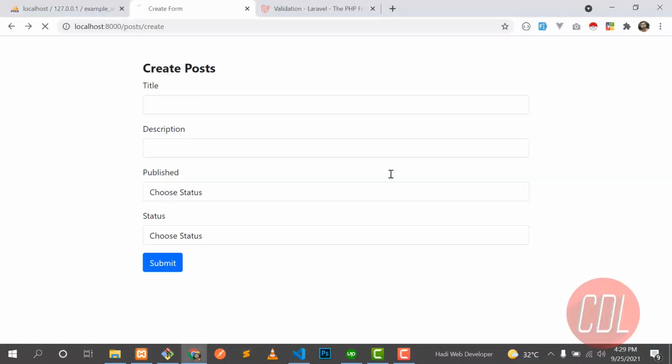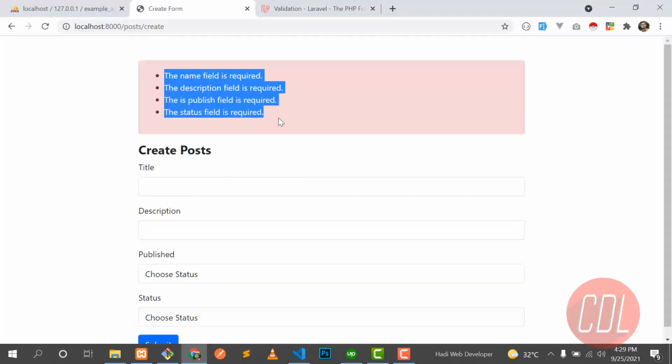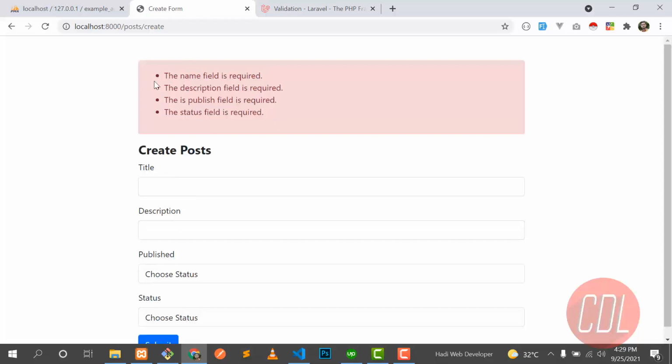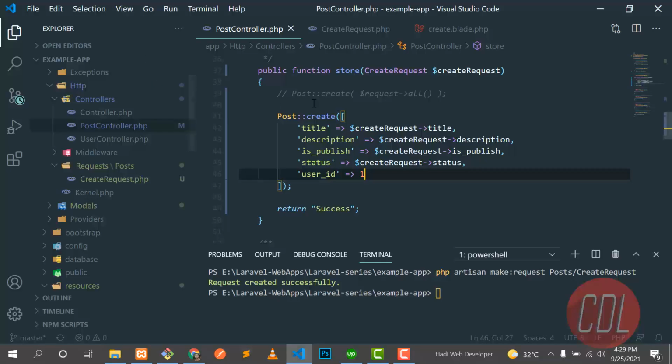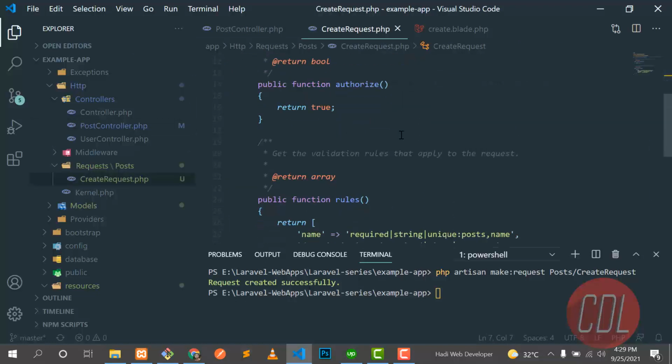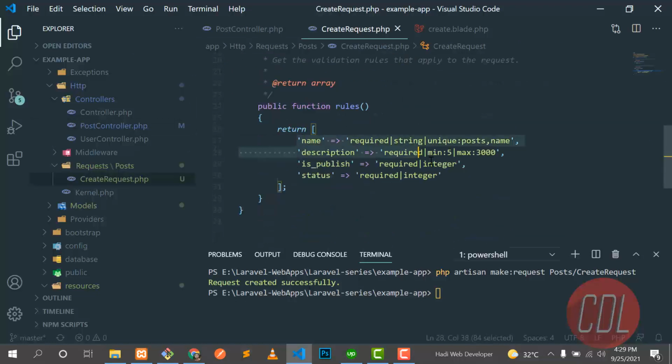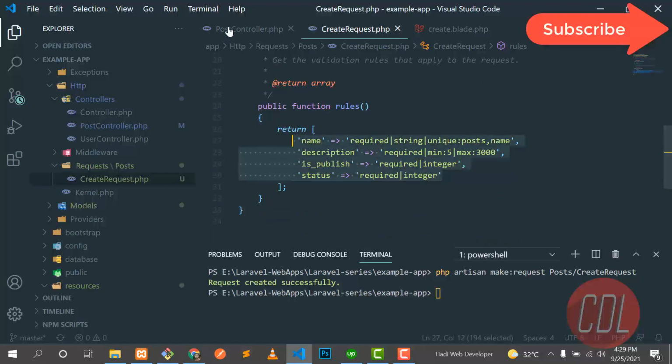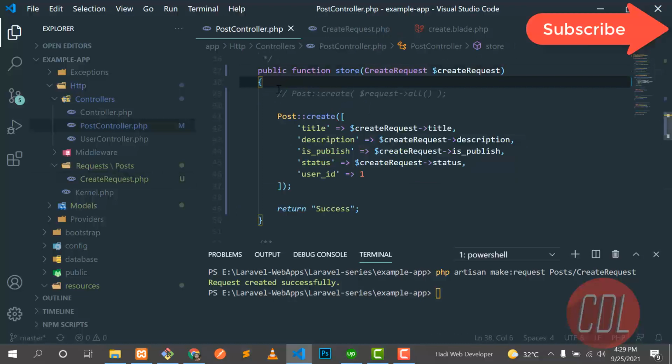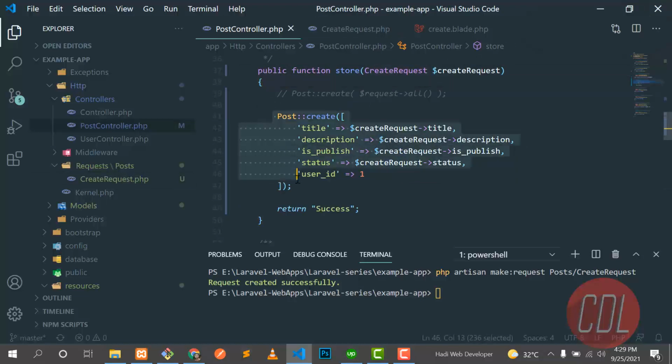So let's go here, refresh the web page and submit. Now it's validating the user data, so it's sending, and yes, it's successfully working. It means that now it's working through this request. It first goes to this request and checks what the validations are. If the validations pass, then it goes to the next step, this one.